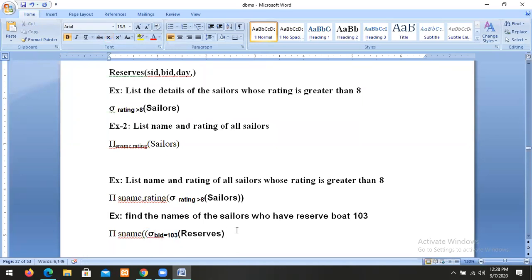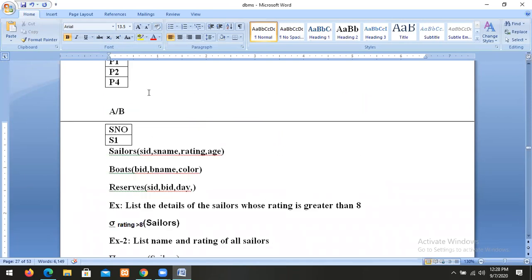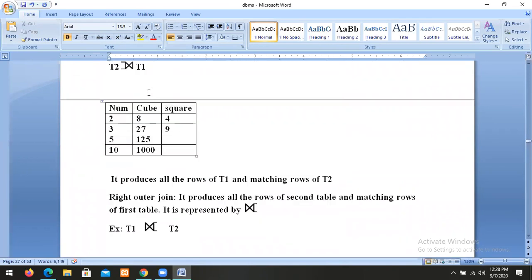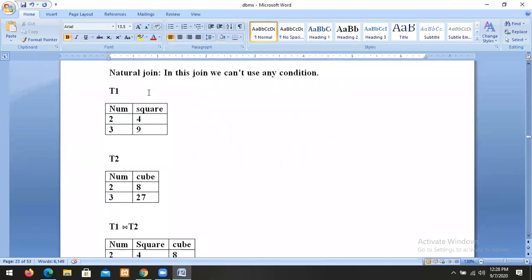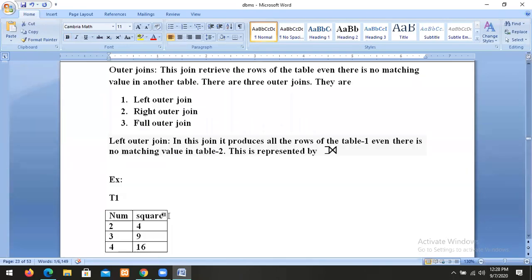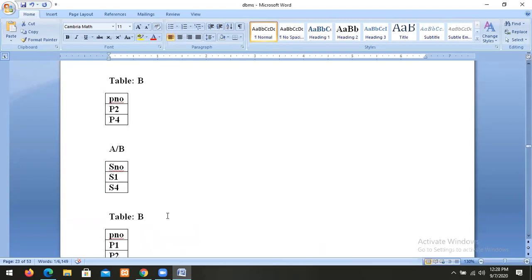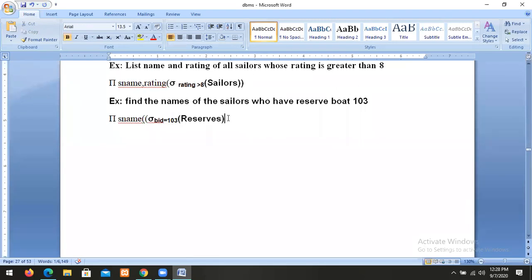So here we can select the rows of all that. Then I need to join. Again it is necessary to join, so we can use the join operator, the natural join. Which is the join operator? Join. Then which table do I want to join? Sellers. This is the way we get the data from multiple tables.